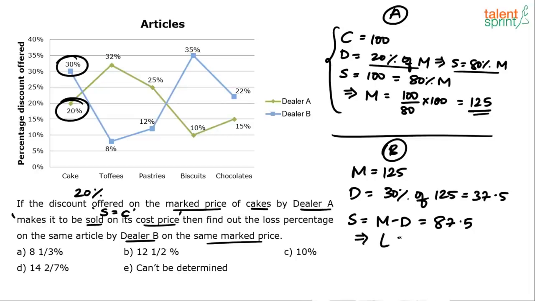How much is the loss? 12.5%. See, cost price will remain the same. Cost price is 100. Here also the cost price is 100 only. The cost price will not change. You're able to follow? The cost price will not change. Cost price was 100 only. Market price also is same as